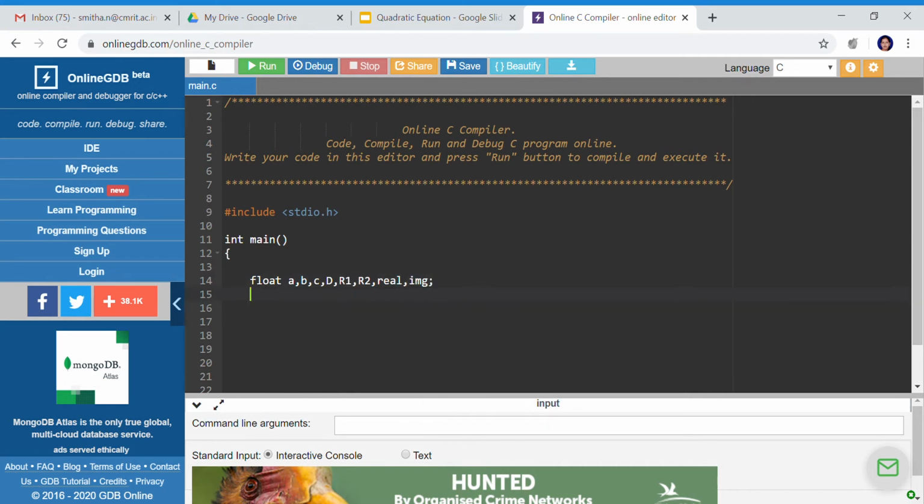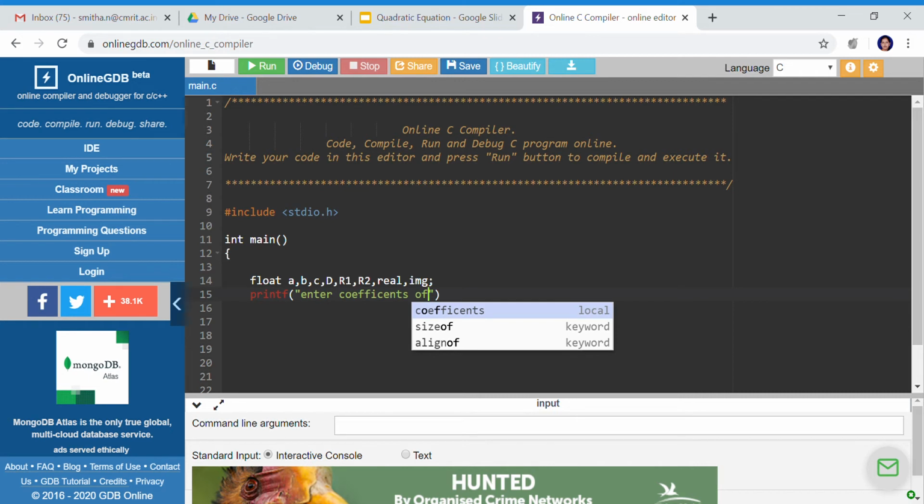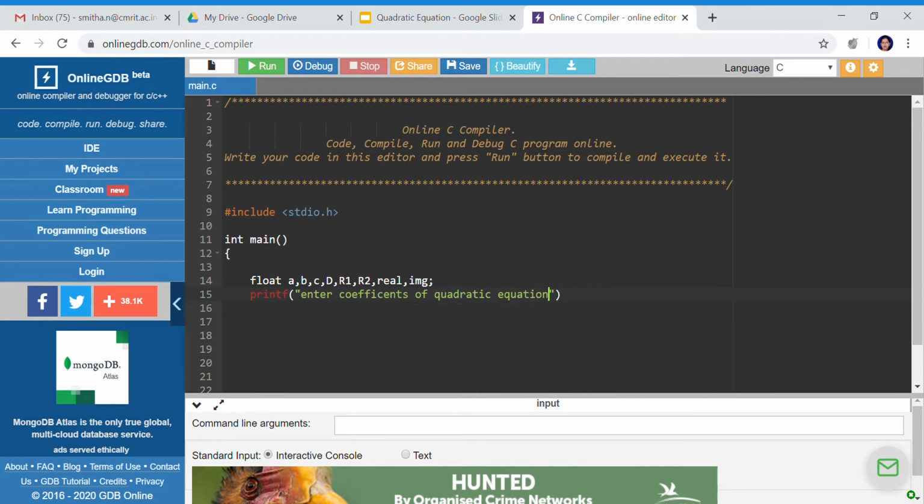Next I'll display a message to the user saying enter the coefficients of the quadratic equation, with backslash n to go to the new line.